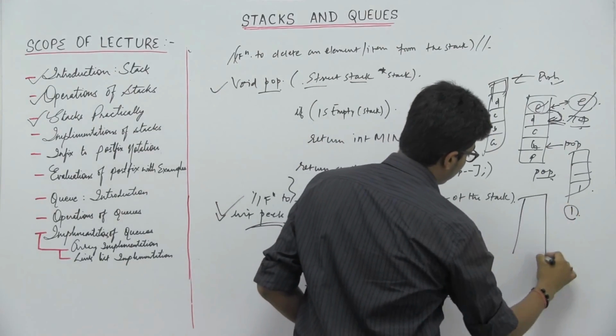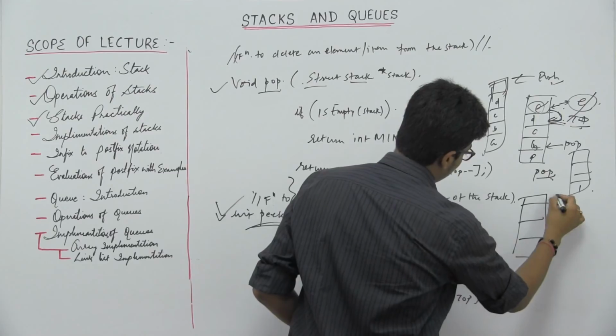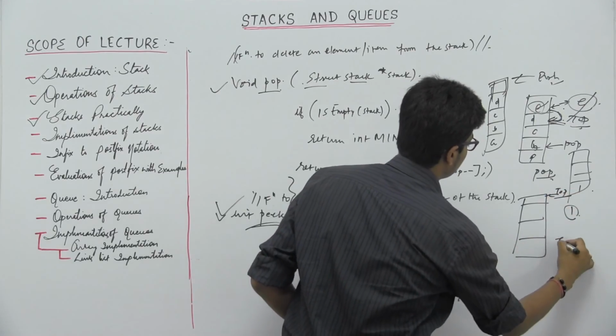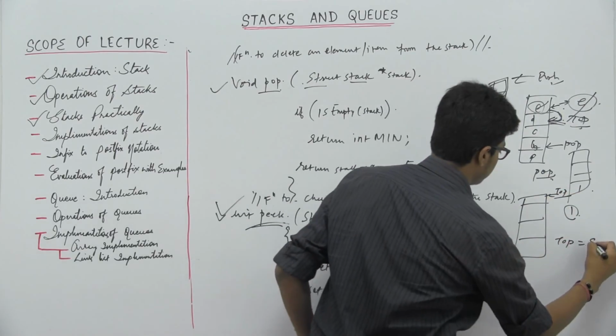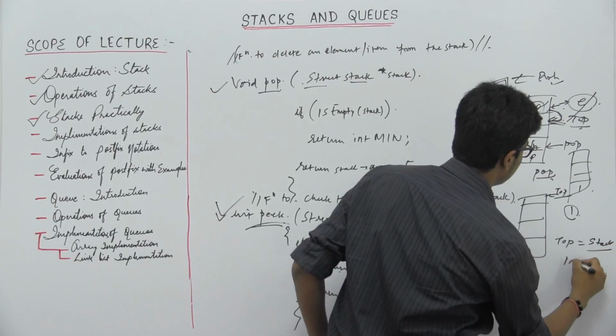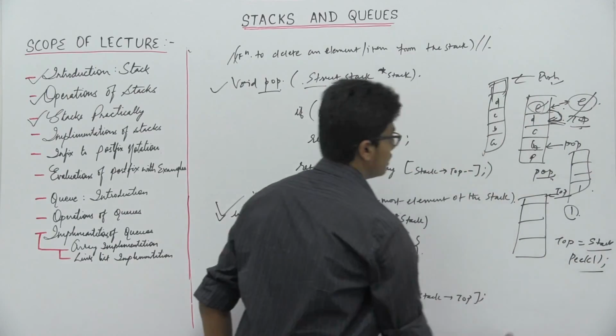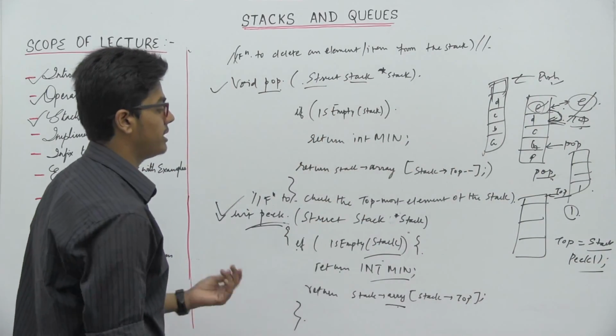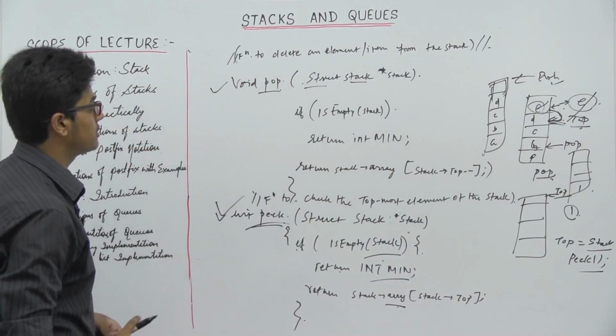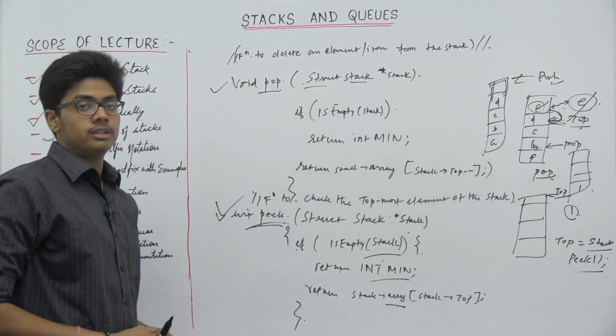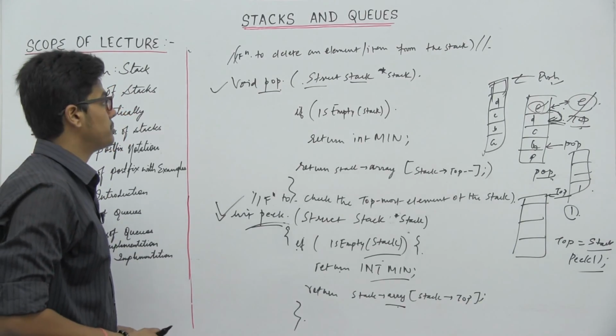What is the top of that array? It will be equal to the stack top when used in the peek function. So in the peek function, the top of the stack will be printed out. That is the display, that is the final result. So we already discussed all the three major operations of